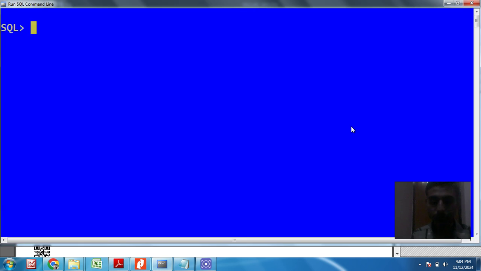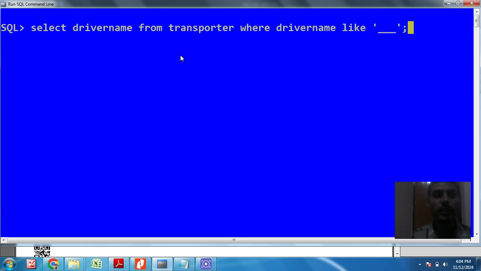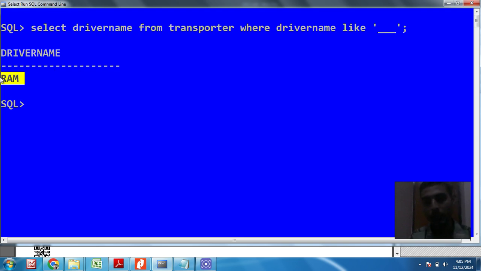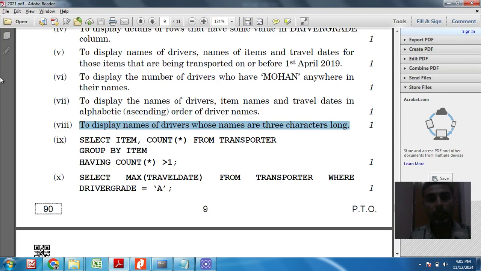So: SELECT driver name FROM transporter WHERE driver name LIKE, underscore 3 times inside single quotation marks, followed by a semicolon. This gives the names of drivers which have exactly 3 characters in their name. Okay, come to the next question.